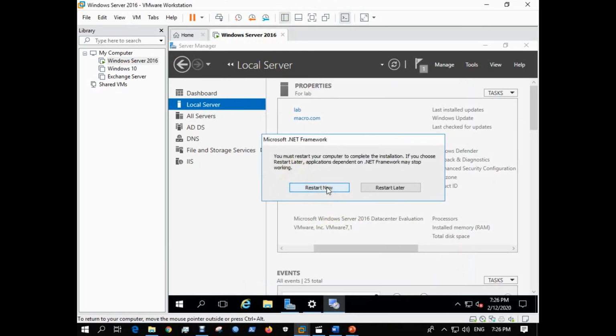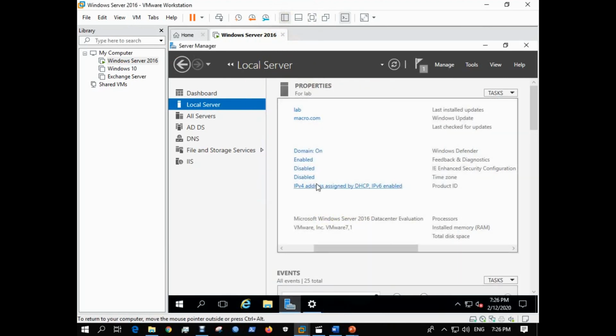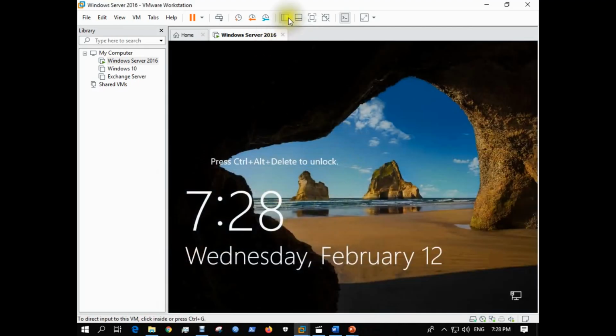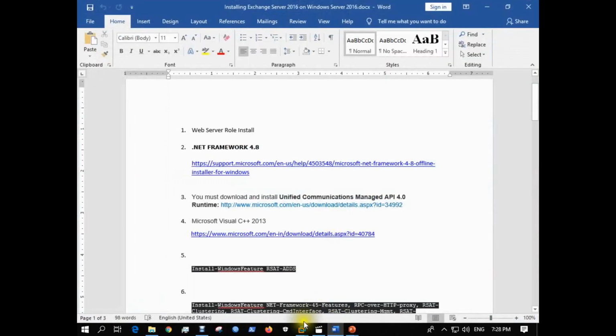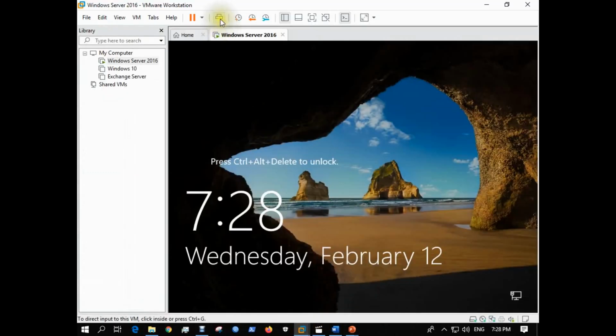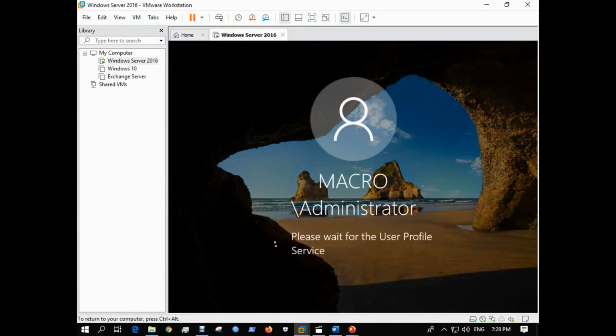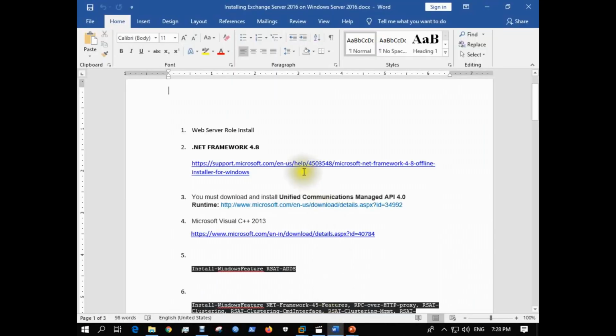You need to restart the server. It will take some time to install the updates. The restart is complete. Let's log in to the server. We have completed 4 steps till now.